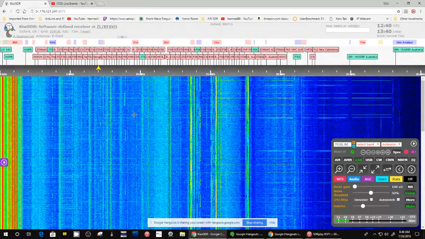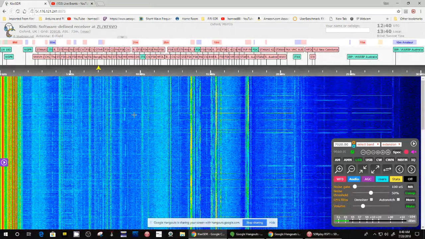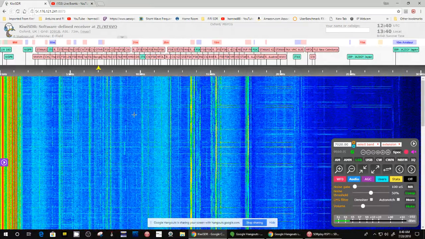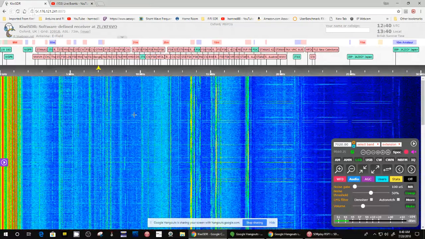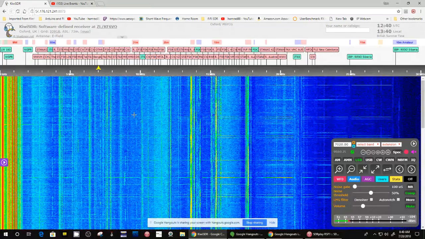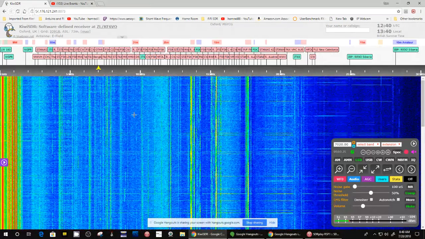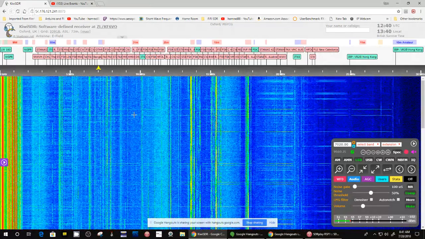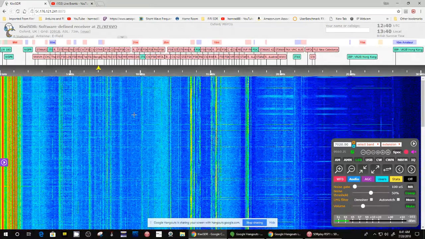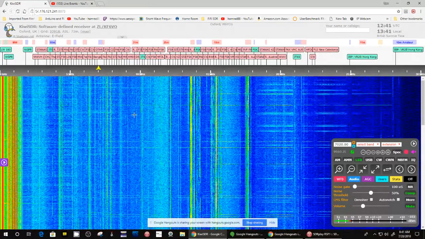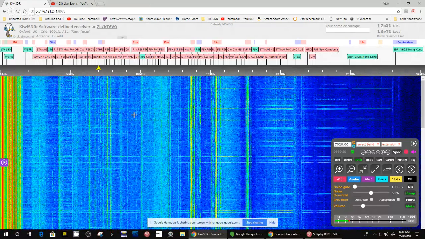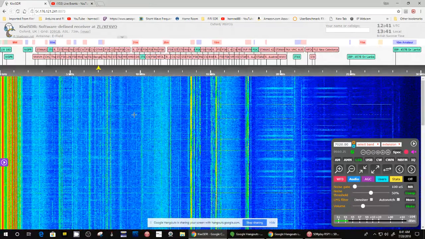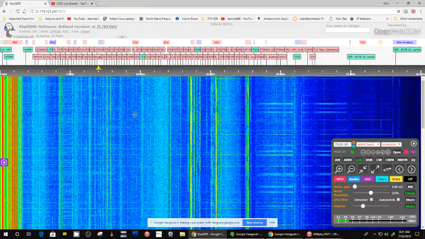If you have a suggestion, like we can use Oxford. Now he, of course, will have totally different reception than we did because he's clear across the ocean from me. But you can do that too to give you some indication whether a station you want to listen to, say in Europe or Asia, is on the air. You select a receiver that's close by that, if it's on the air, should be receiving it. If you hear it, then you can go back to your radio and see if you can possibly hear it. And you would know at least it's either on the air or not on the air.